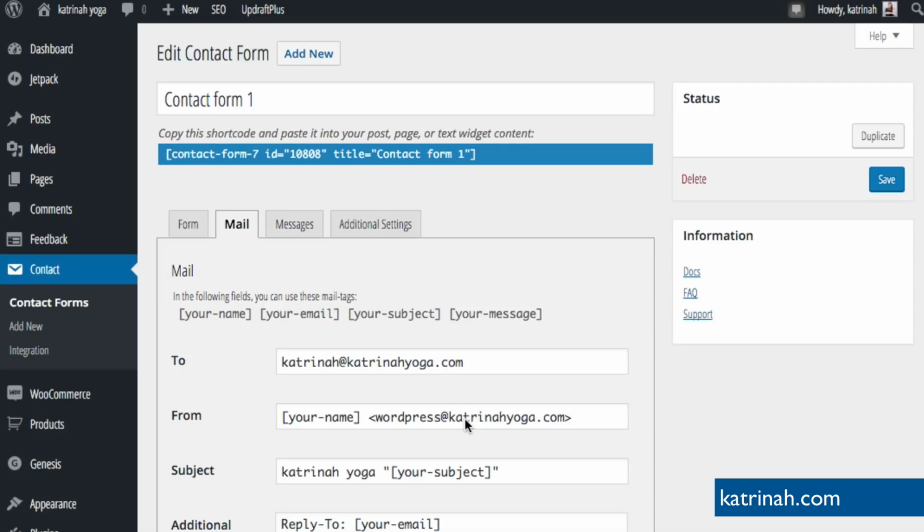To simplify things and prevent the spam box altogether, I simply replace this email address with the same email address I'm using in the To field above. So in this instance, I'm going to replace the WordPress domain right here with my email address I've used up above right there. Okay, so once you have the email address settings set up in the To and From fields,